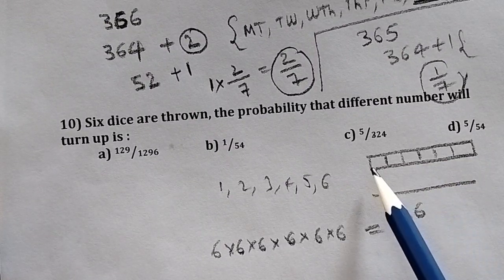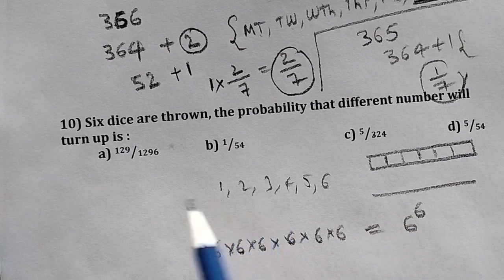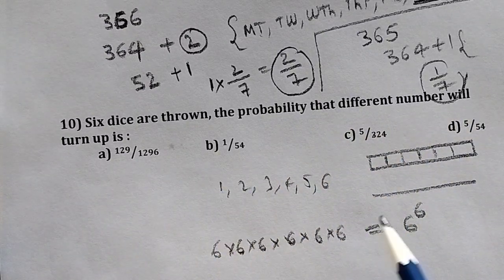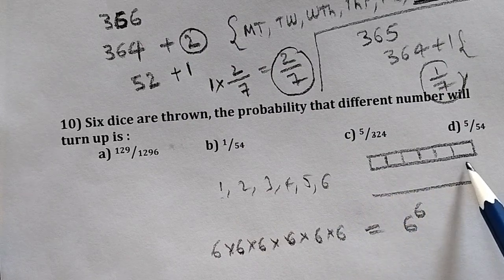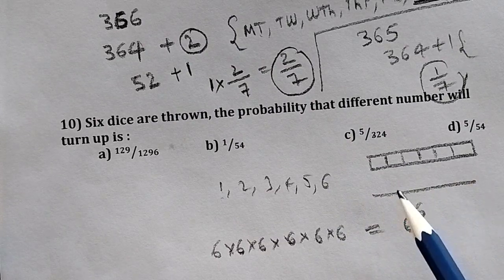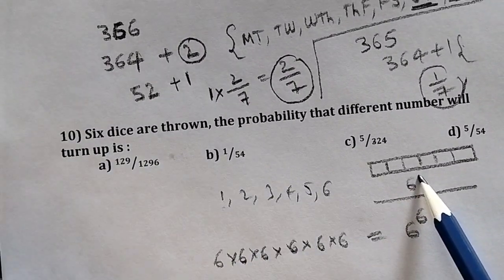That is what is being asked. So we arrange those 6 numbers in 6 different places in how many different ways without repetition? Simply 6 factorial ways. Now your answer is 6 factorial by